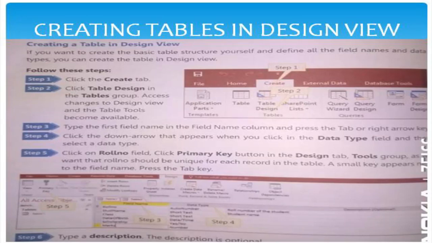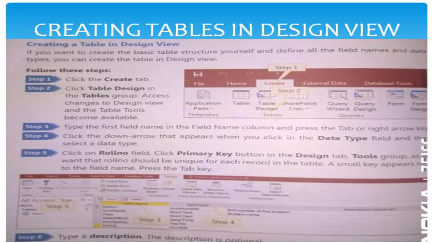What is the field name we need to write here? Name of the student, and what kind of data type is it? Below, we will write the names of the students only, so it will be a text data type as we discussed right now. Next one is roll number, that means it will contain numbers, so we will keep it as number. Next one is class, also having numbers only, we will not write any alphabetics over here. If you want to write 8th A, 8th B, if a combination is there, then we will write text. Next one is address.